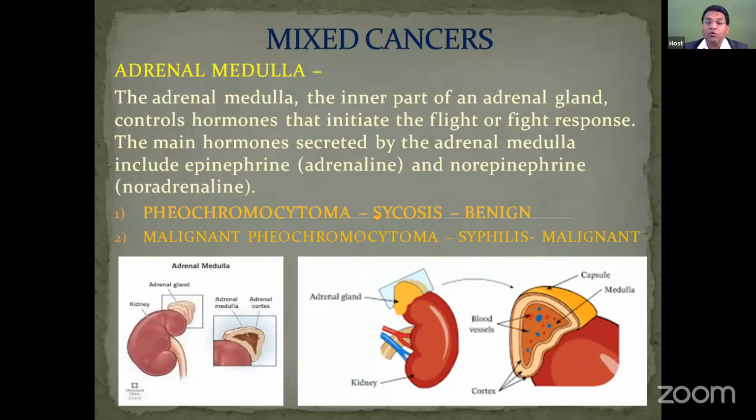So pheochromocytoma, it is benign growth. Pheochromocytoma, benign. And the second type of this disease of adrenal medulla is malignant pheochromocytoma. So first benign is pheochromocytoma, and malignant, that is malignant pheochromocytoma, it is syphilitic malignant. You can see here adrenal medulla